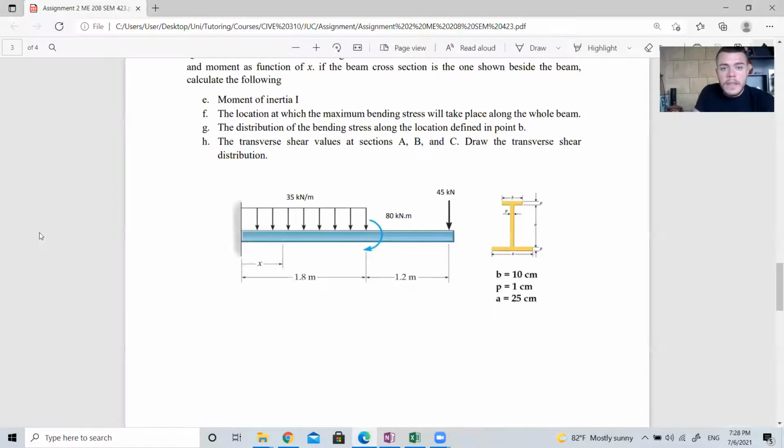Part C. The distribution of the bending stress along the location defined at B. In point B. Where is point B هون؟